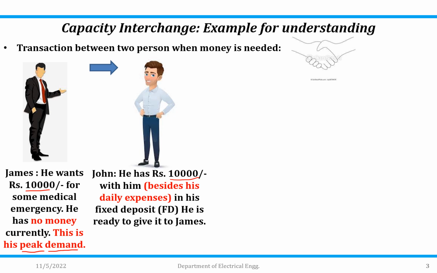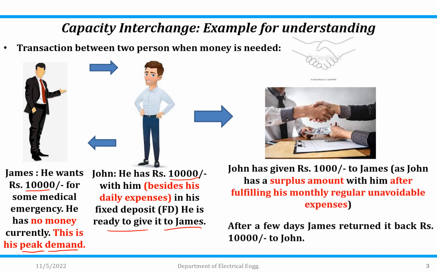And as both are good friends, John said it's okay, I'll give you rupees 10,000 because I have a surplus amount of money with me. Definitely I'll give it to you. In his fixed deposit, he has 10,000 rupees. John is ready to give it to James. Now, in the transaction between these two, John has given not 1,000 but 10,000 to James, as John has a surplus amount with him after fulfilling his regular unavoidable monthly